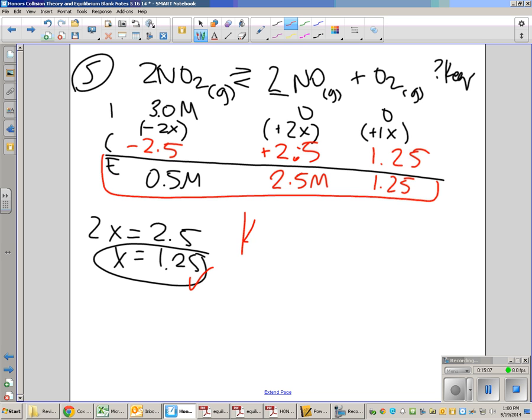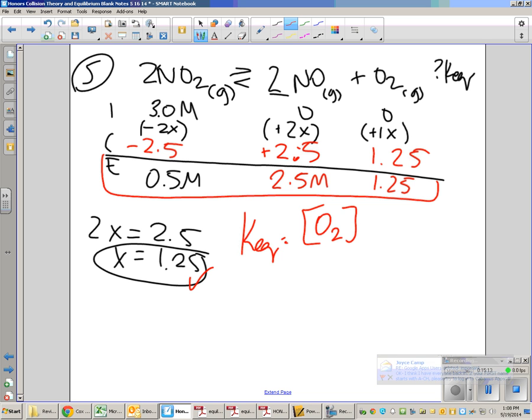All right, what's my KEQ equation first? So O2, okay, concentration. What's the next one? I don't get to multiply by 2 NO squared. I do not get to implement the 2 on the inside. I have to implement on the outside the exponent. And then